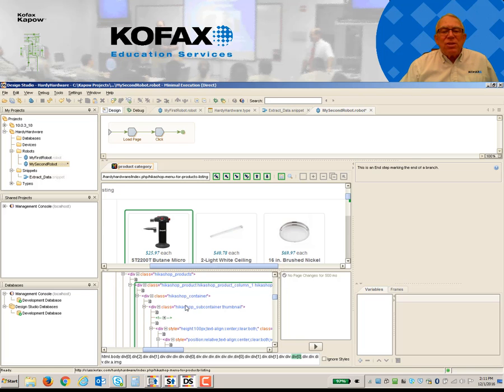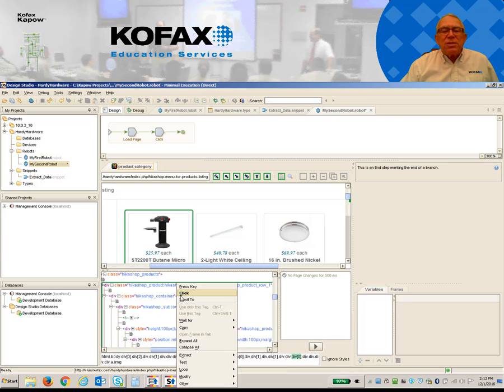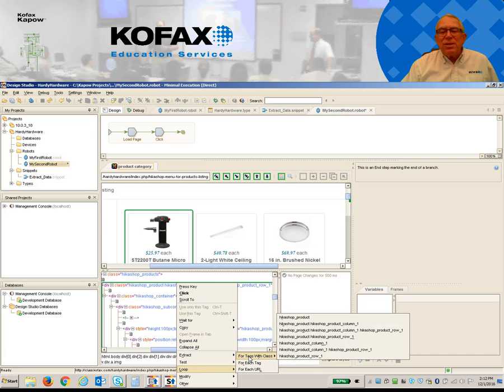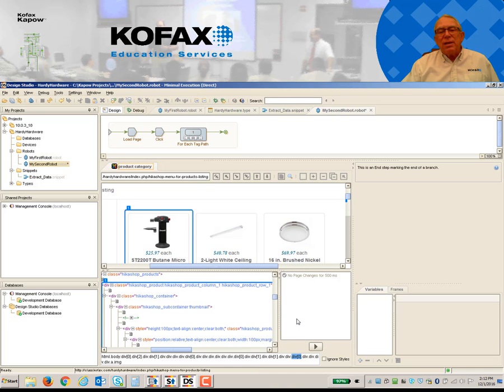So with all of that selected, what I'm going to do now is right mouse click and select loop for tags with a class, and that presents a list of the different classes that are shown in this box, and the one that I want is Hikashop product. Okay, otherwise I'd be picking specific columns, and I don't want to do that. I want it to loop through all of the columns. So just Hikashop product, and that puts a blue box now around this, which indicates my loop here,